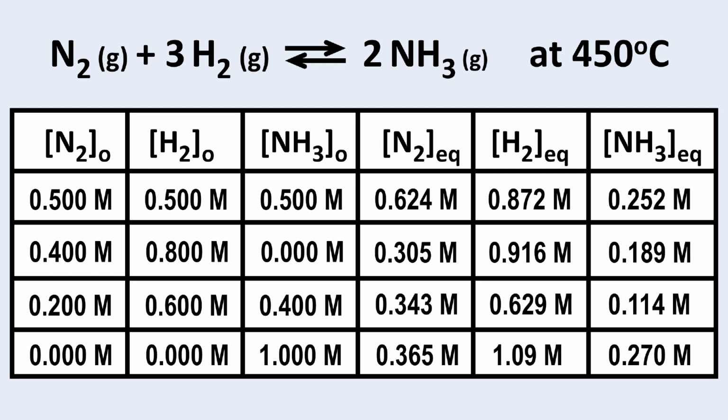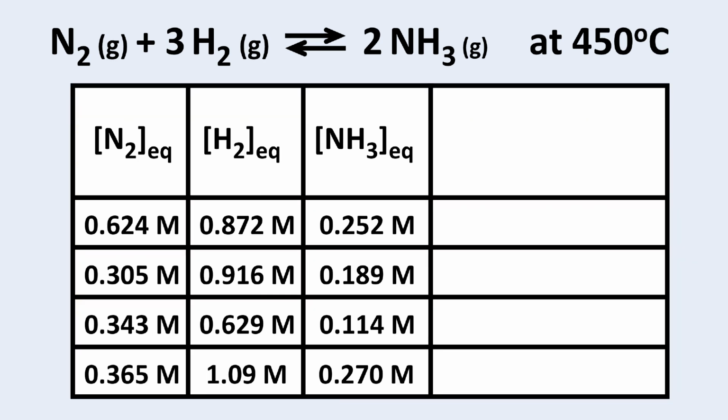So each time we start with different starting concentrations of the substances involved, and each time we end up with different concentrations of the substances at equilibrium. And if you look at these numbers, there's nothing super apparent in terms of any kind of consistency or obvious generalization. But if you spend a little bit of time looking at the numbers and trying various possibilities, what you